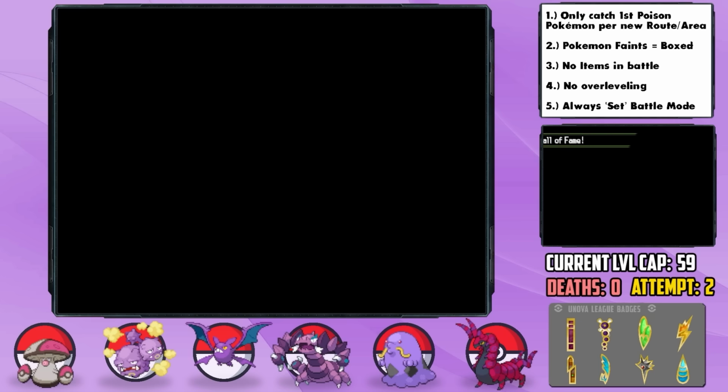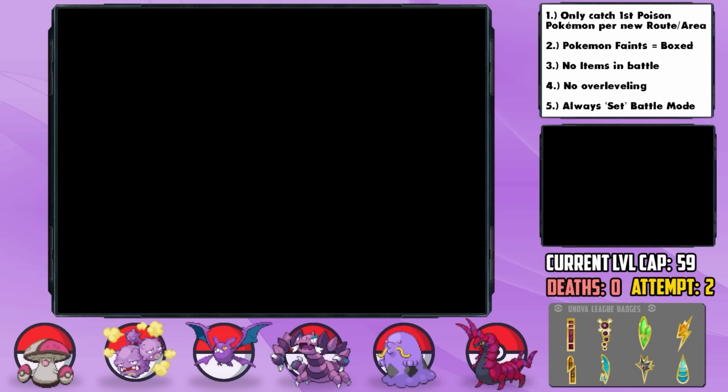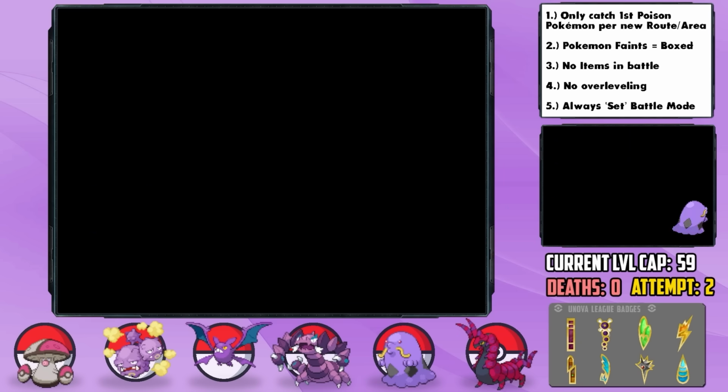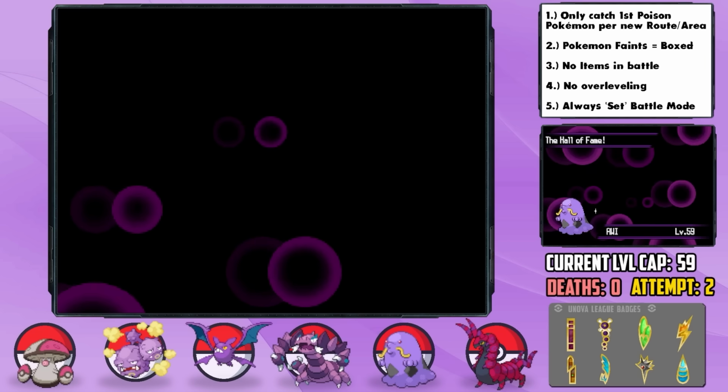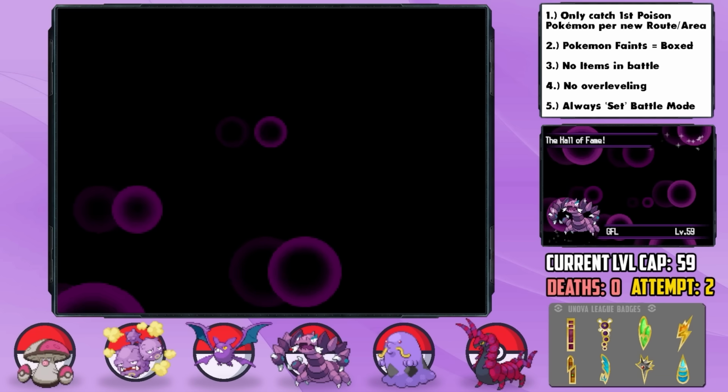Well, we did it. We beat a Hardcore Nuzlocke of Pokemon Black 2 with only Poison types and did so deathless. I can't believe we actually managed that, as I was not thinking Poison would be a type that would allow that in almost any game, but honestly, many of our encounters surprised me with their coverage and how well